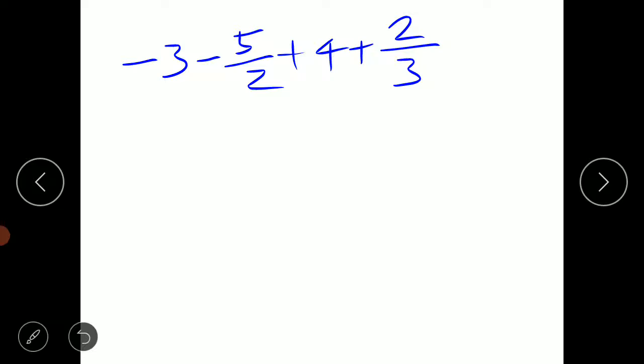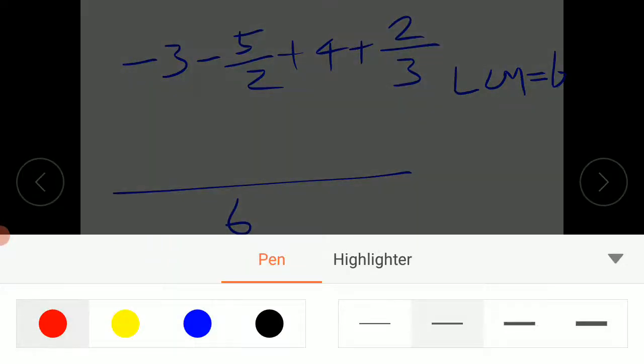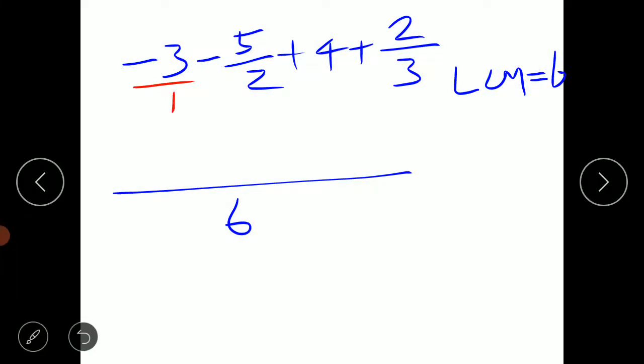Let's simplify this. Let's find the LCM of 2 and 3. LCM of 2 and 3 is 6, is it? Directly we can multiply because both are prime numbers. So LCM is 6. So now the common denominator I am taking is 6. So what is the hiding denominator? 1. With 1 what to be multiplied to get the denominator 6? 6. So with the same factor we multiply 6.